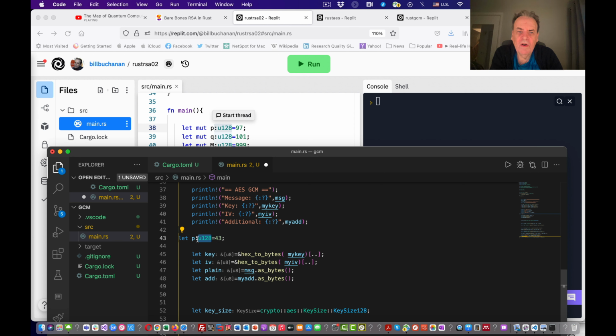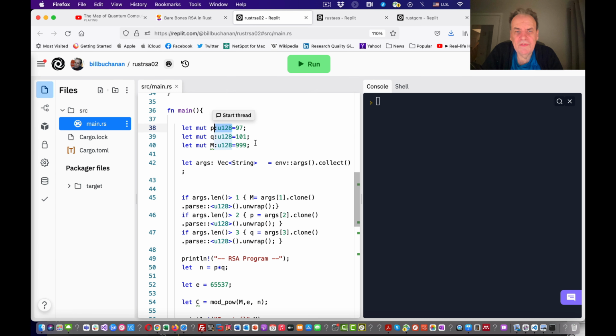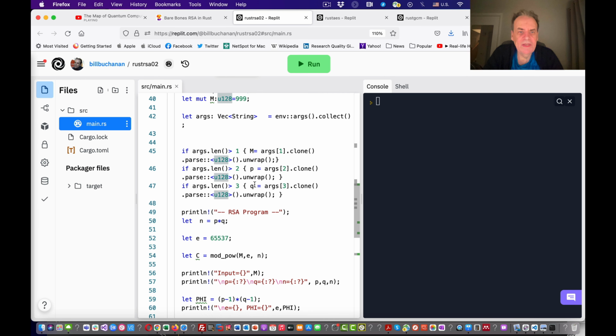If we had left that off, then it would have been an integer 32-bit. So it's important that you see what the little grey text is showing you, because that will actually define the type of the data type. In this case, we're making sure that although it looks like a 32-bit integer, it's actually a 128-bit integer that we want to use. Okay, so in this case, very simple, P and Q, we multiply to give n.